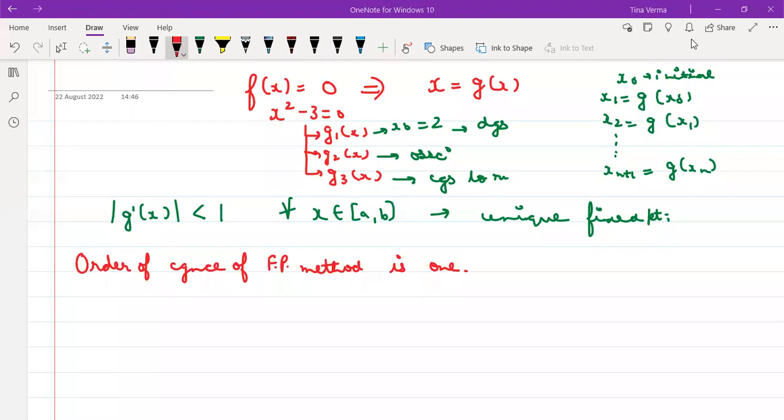So the order of convergence of fixed point method will be 1. So the statement can be, the theorem is,